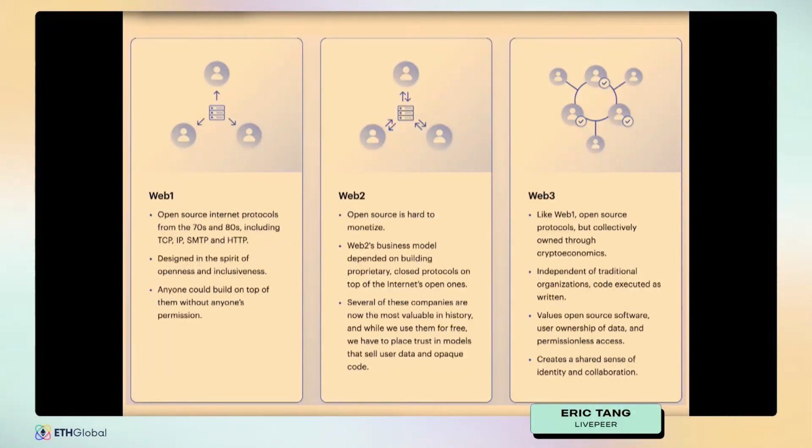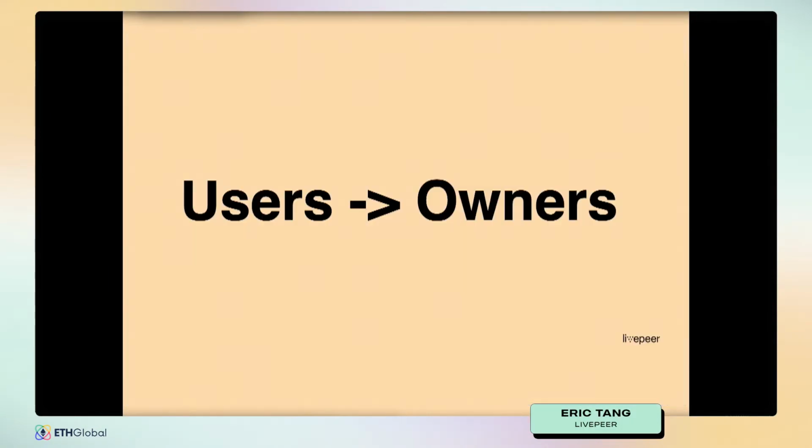That enabled us to build much richer user experiences that gave rise to these really interesting applications on the web. In Web3, we started to introduce this new component, which is ownership, right? So now you can read, write, and own. And with that new element, we can start to think about building new types of applications that are way more interesting than what we have today in terms of consumer apps, right? So one of the things that are really interesting that's happening in Web3 is users are becoming owners, right?